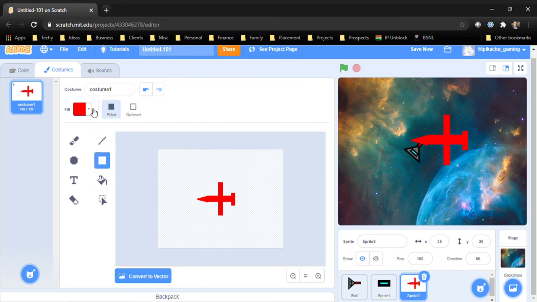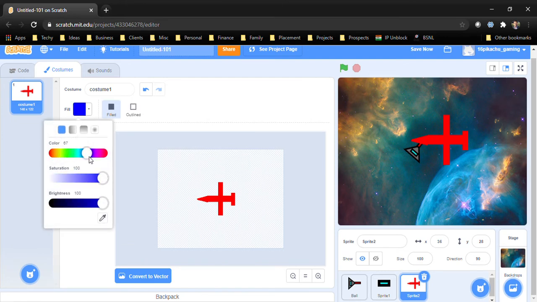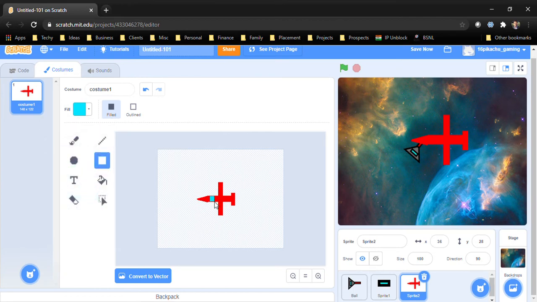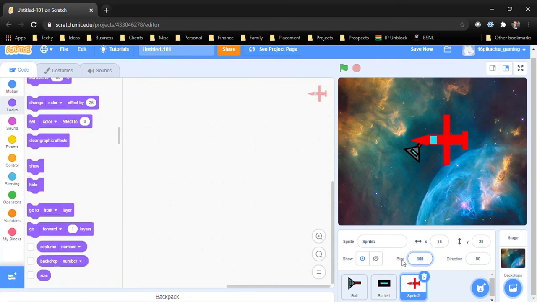So now choose a rectangle. The fill should be blue and make it like this. Okay, so set the size to 50%.